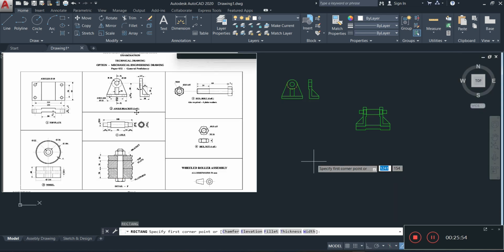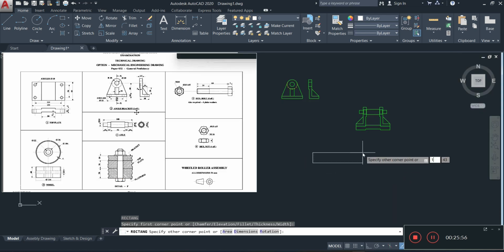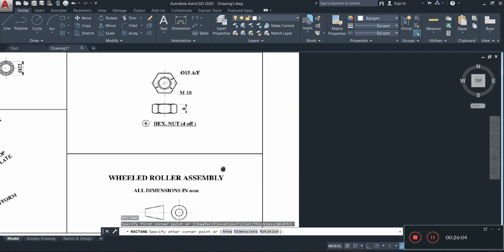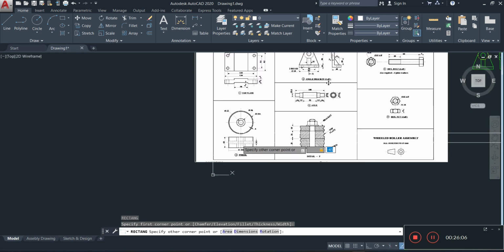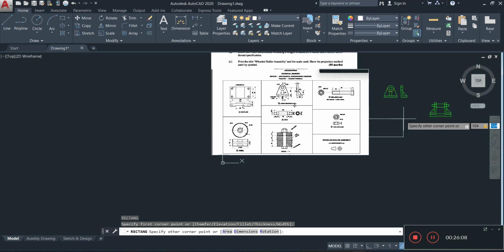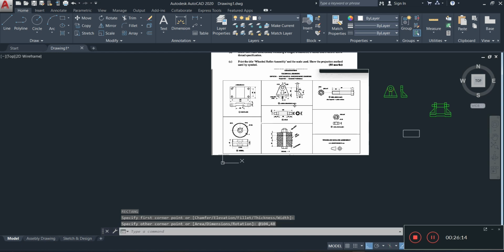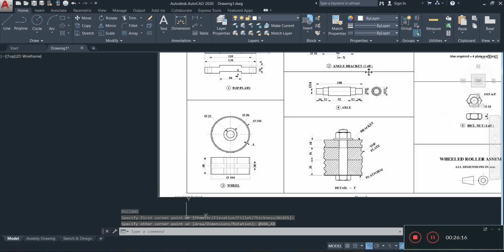REC, 104, tab key, 48, I believe. 48. All right, now for those internal parts that you're seeing, I'm not sure, probably it's a part